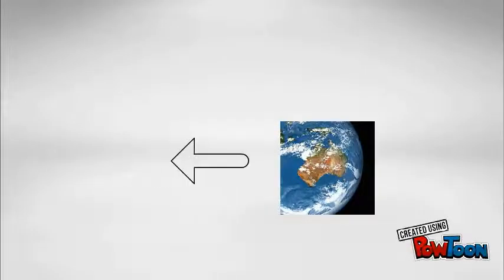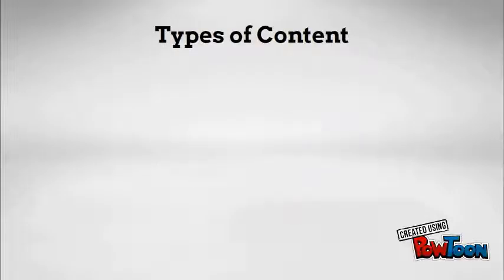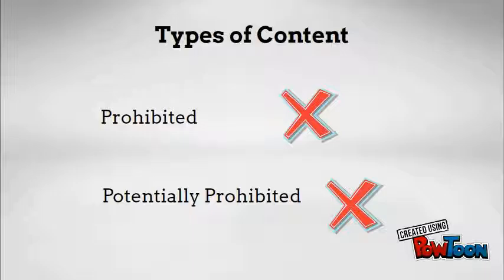Schedule 5 of the Broadcasting Services Act outlines provisions in relation to content which is located outside of Australia. In order for a complaint to be made, the content needs to be in relation to prohibited or potentially prohibited content, which is provided for in Schedule 7 of the Act. Schedules 5 and 7 operate in close conjunction with one another and broadly place constraints on the type of online content that can be hosted by internet service providers.